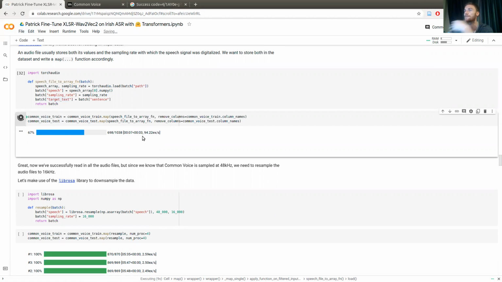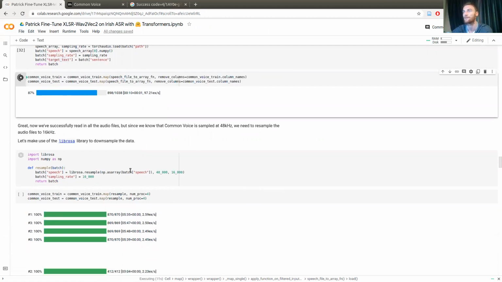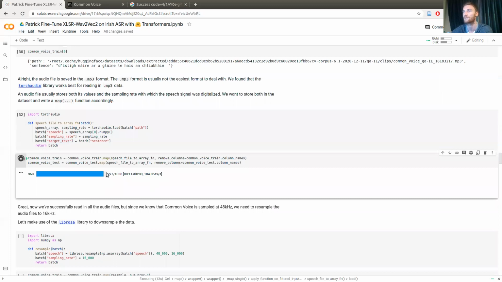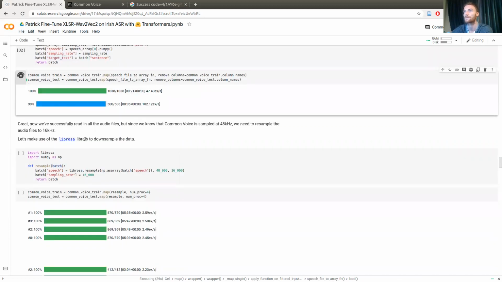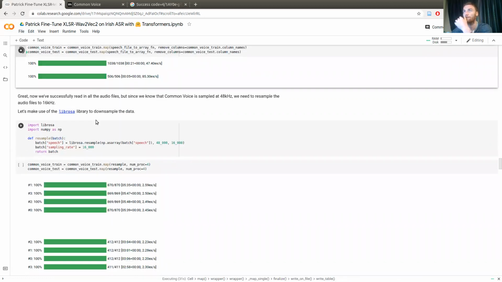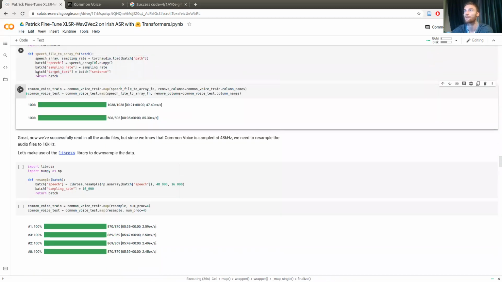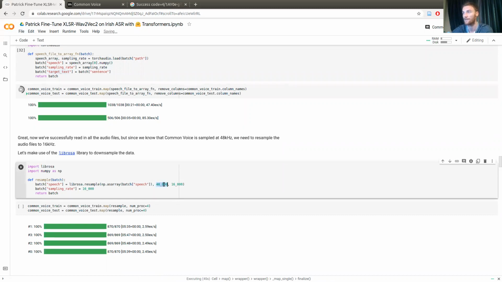So here you can see it only takes 10 seconds, which is again because our data set is quite small. All right, so this should be finished soon for the training set. And the test set is only half the size, so that also doesn't take too much time. Great. And the next step, we now have to resample the speech files, because Common Voice was sampled at 48